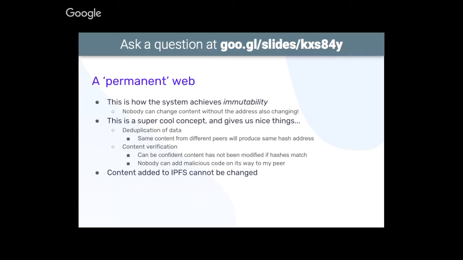Anyway, what we end up with is a fairly useful concept that gives us a couple of nice things, right? We get deduplication of data, which we've already talked about. We get content verification because we know that if it gets modified, its CID will change. So if we get something with the wrong CID, we know we're getting a different data source than we requested. This makes it pretty hard for anyone to add malicious code on the way to a particular data object that I'm requesting on its way to my peer. The long and the short is, content added to IPFS can't be changed. Okay,